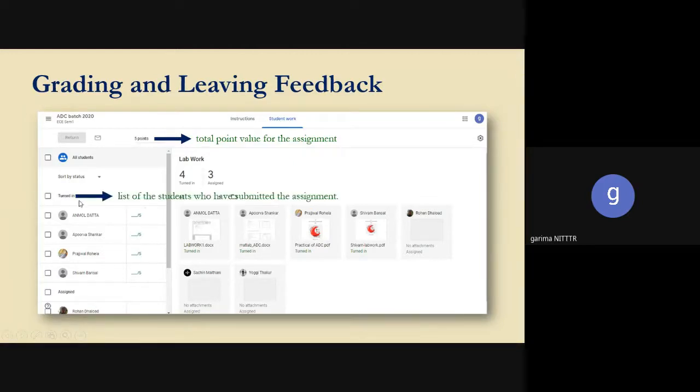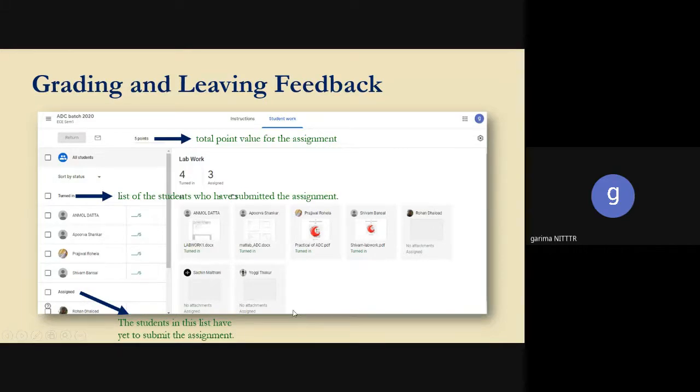This is basically the lab work I have given to them through MATLAB simulation. They have done their part and submitted that particular lab work. Some students have submitted in a doc file, some in a PDF file, and I have to access these different formats also. So it is basically up to teachers how they are using it. Then the third point is Assigned, which means the students in the list have yet to submit the assignment. So there is a total track of the student assignments.